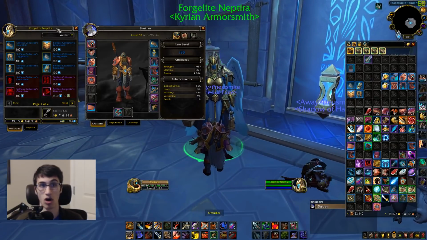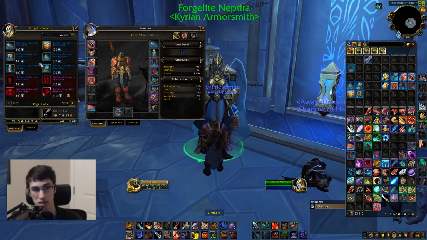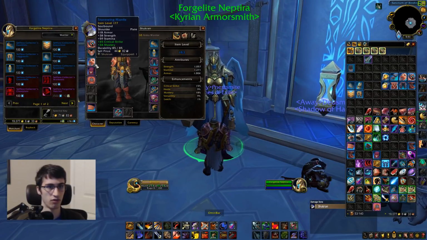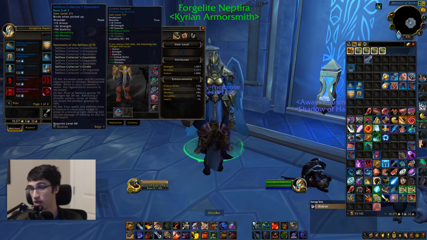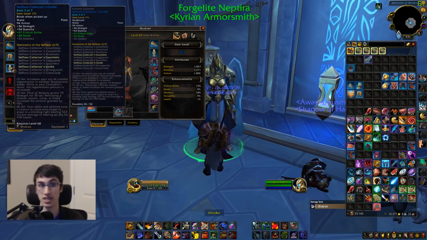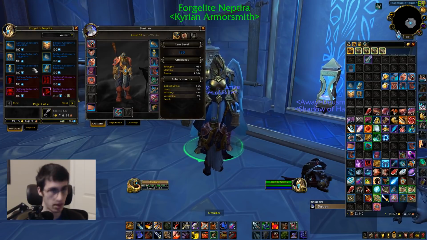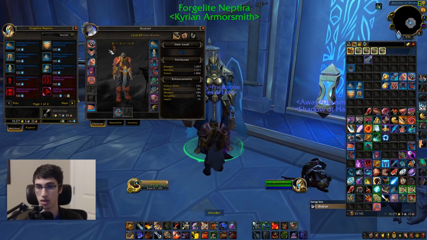All of the pieces are at the vendor in case you somehow missed them, lost them. You can always item restore too, but the set is at the vendor for you to pick up as well. And you can see different items are available at different times based on your covenant as well. So that's one thing to mention. If you are Venthyr, as of this week, the helmet is actually available, but as a Kyrian, it is not. So just keep that in mind, that different items are going to be available for different covenants,